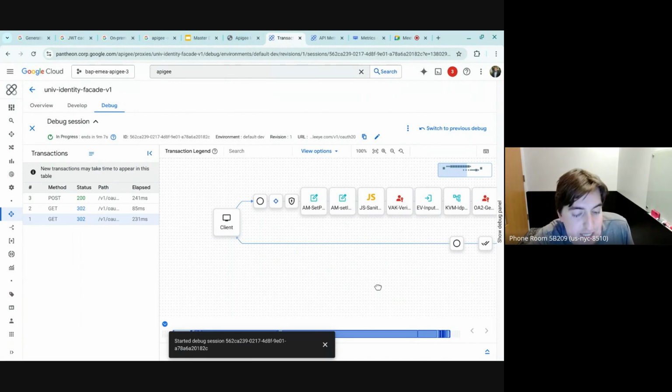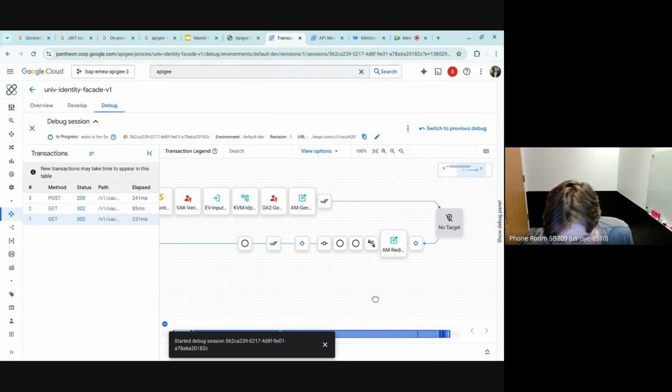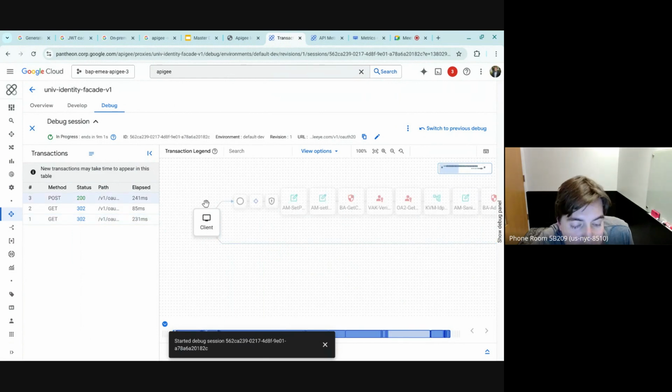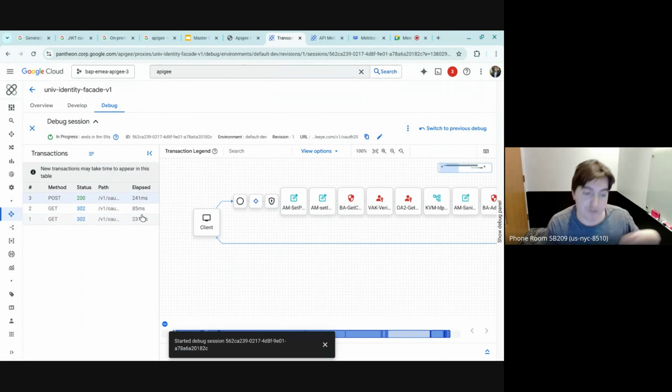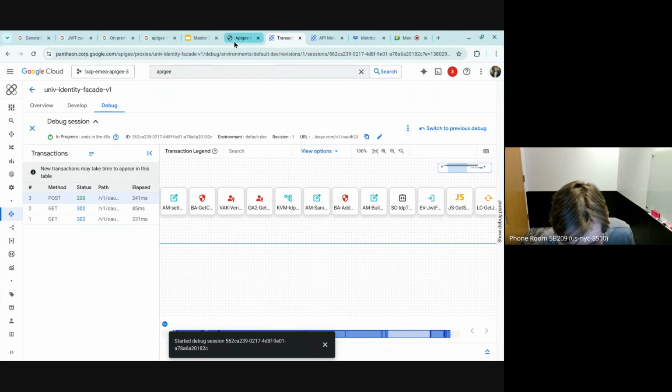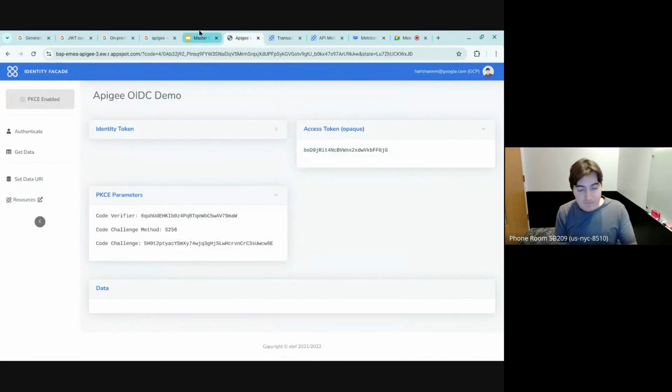So again, like I mentioned before, it basically stores a bunch of information, redirects me to the pertinent IDP of choice, and then from there, I basically get the auth code. So again, no credentials are really being presented or passed through Apigee. It's acting as that facade I talked about before. And then from there, you basically post that information, it hits it, and it stores the access token and generates an opaque token. So that was the first part that I wanted to cover.